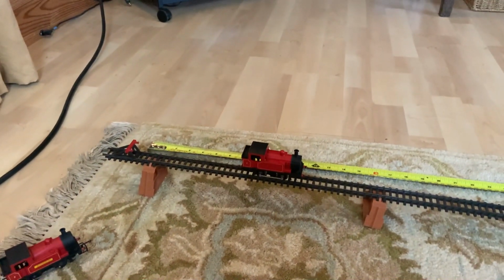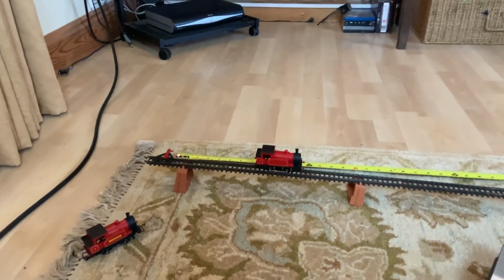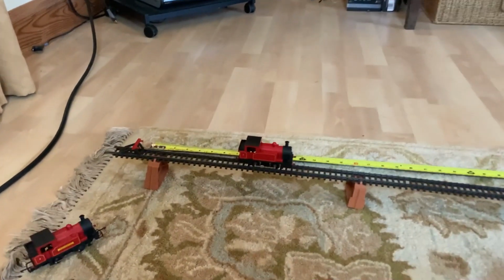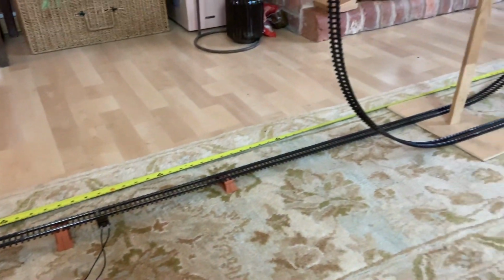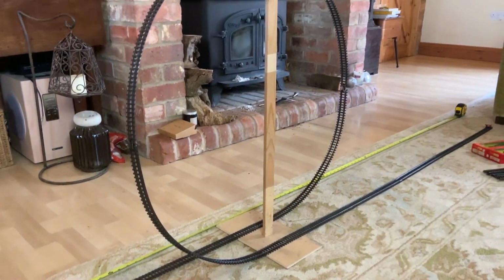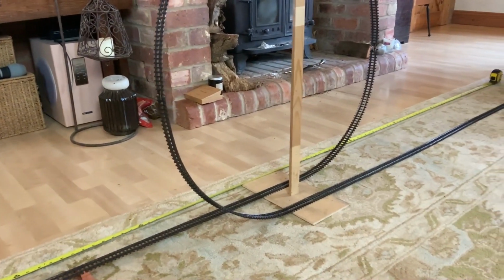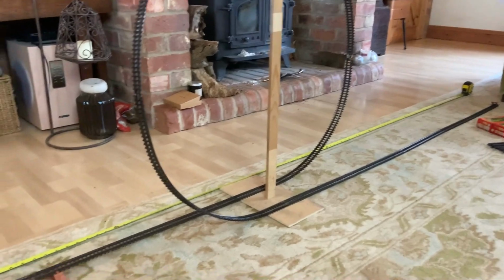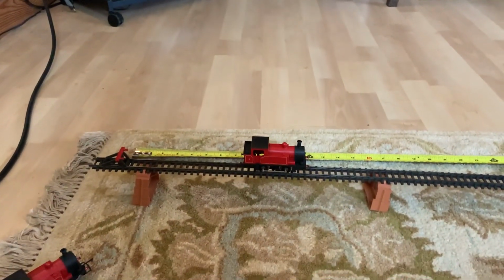Now, why I said there's two videos is that indeed next time I'm going to just come back and show you what I've done to Poly-X in the workshop and describe how I managed to form these radiuses. But for now, I'm going to leave you with a few more shots of this wonderful imaginary Triang set in